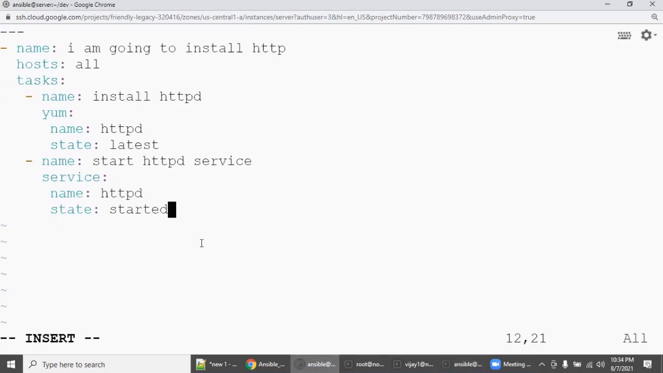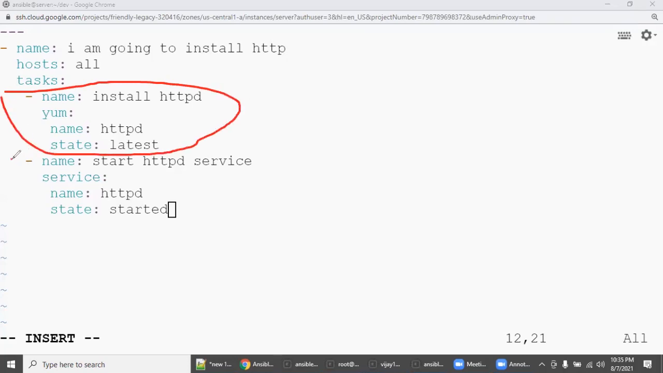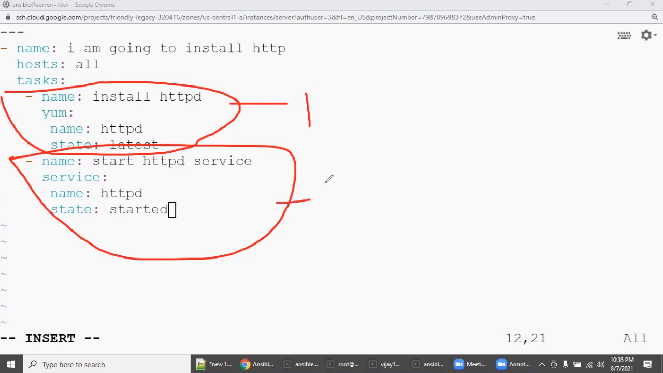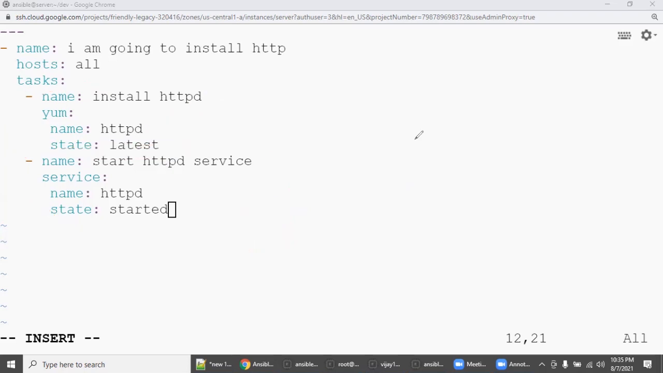So this is going to be play one, and hyphen name, this is going to be play two. So this is play one, this is play two. We can also say this is task one, this is task two. So if you say this is the playbook, why? This is a play, this is a play, multiple plays in one file are called playbooks. All right. So save this file,